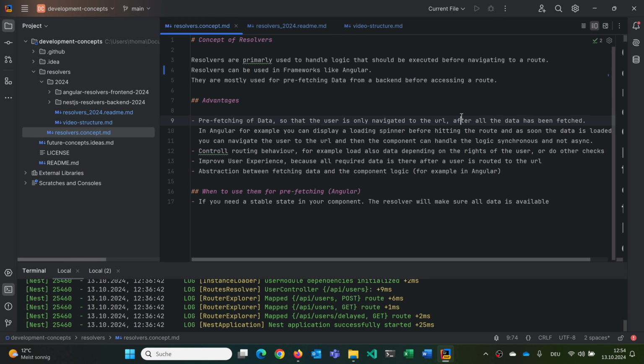So let's start maybe with the resolvers. They are primarily used to handle logic that should be executed before navigating to a route. They are being used in many frameworks, for example Angular, what we are implementing, but also in others, and you can also do it just by coding it yourself. Mostly they are about prefetching data from the backend before accessing a route. What this means is, you can see it here,